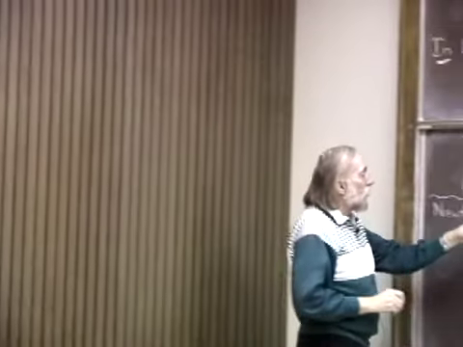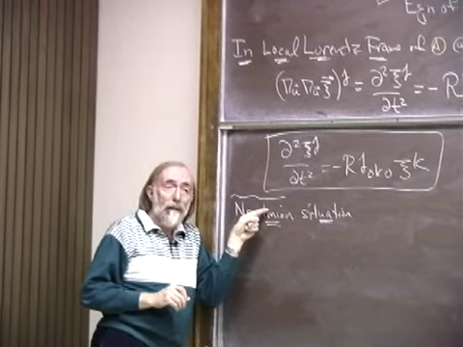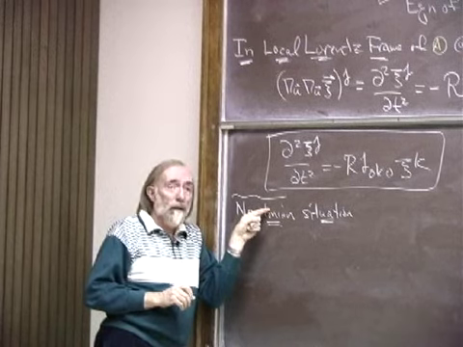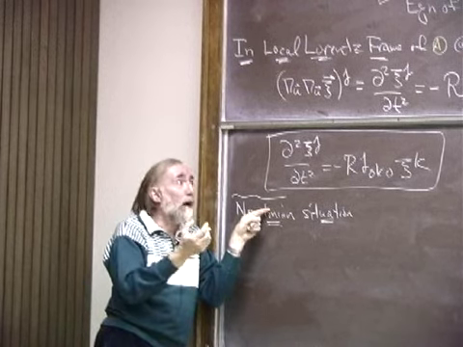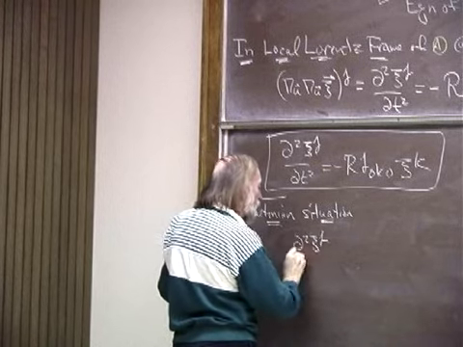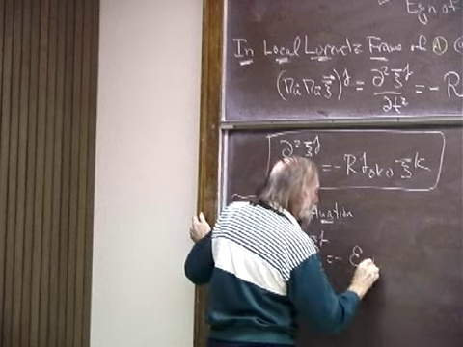In a Newtonian situation, I derived a week ago Monday a formula for the tidal acceleration between two particles like this. And that formula said d squared cj dt squared is equal to minus e jk